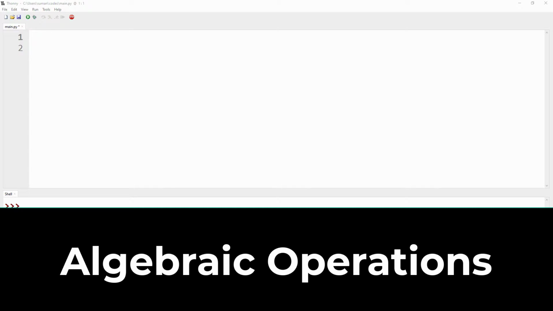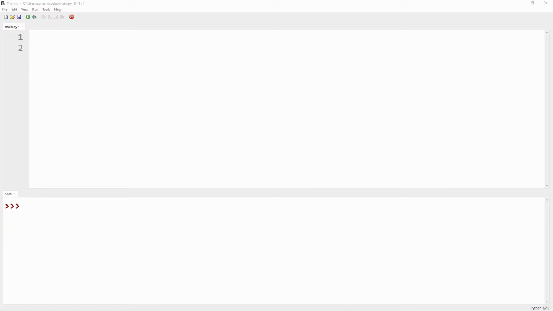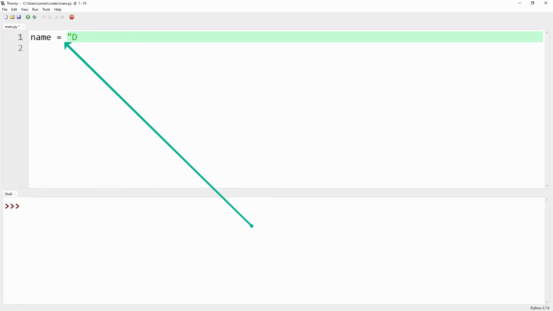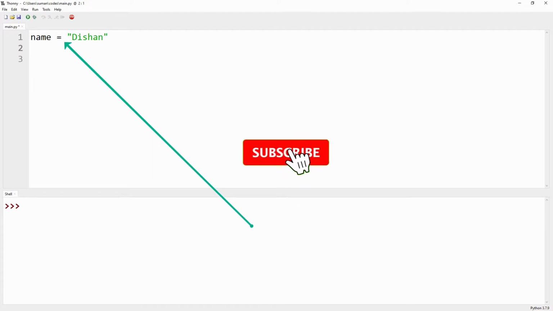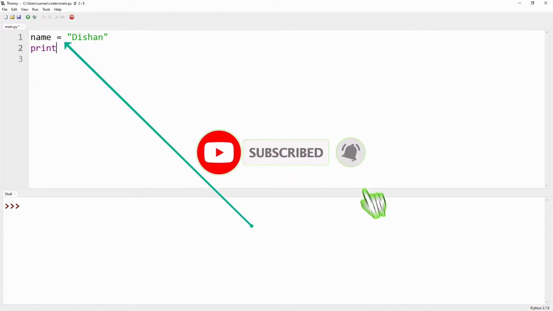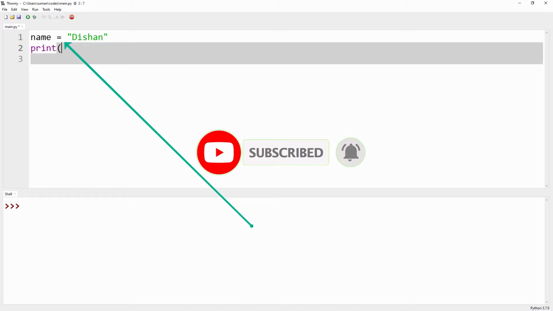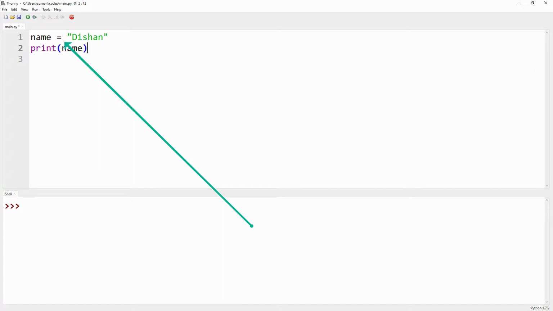So the first operator, which we have already discussed earlier, is the equal operator. Suppose we have a variable called name. Then we provide the data, suppose addition, into that variable. Then if we want to get the output, we just use the print function and the name of the variable.